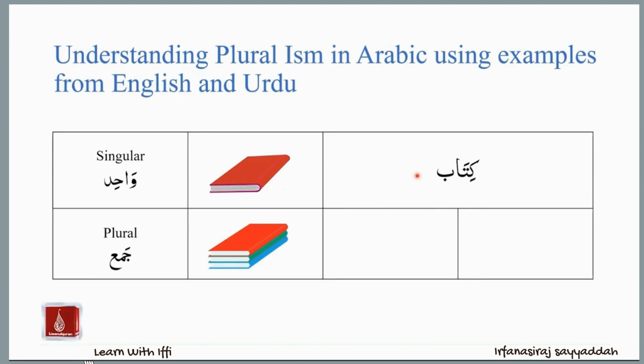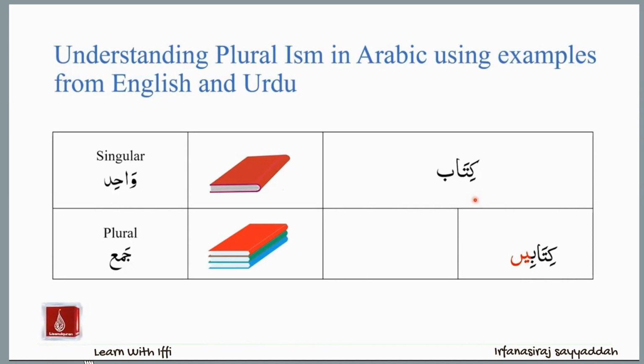In Urdu, kitab will have different plural versions. One version is the word kitabein. If we look at the word kitabein, it seems like a very simple plural version of the word kitab. The word kitab is already within kitabein, meaning that we have taken the word kitab and added something towards its end to make kitabein, which is jama or plural for kitab.